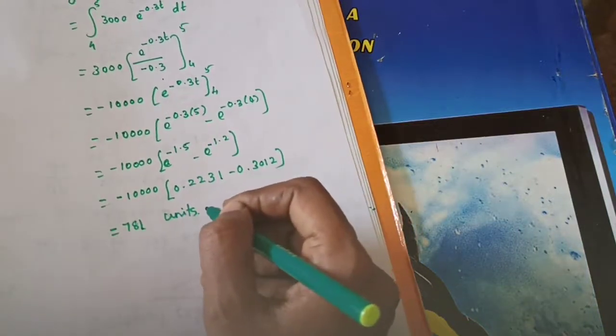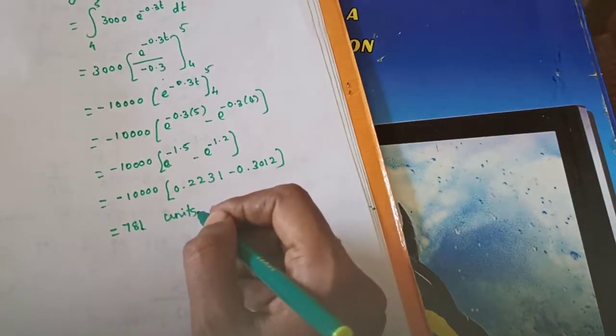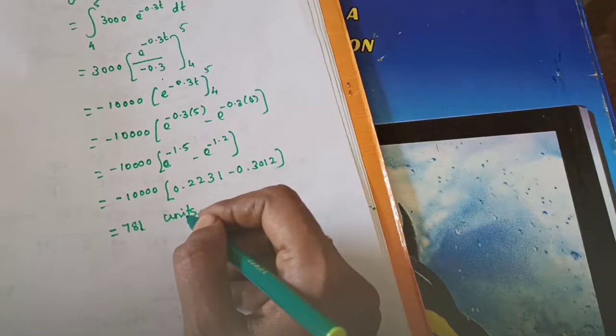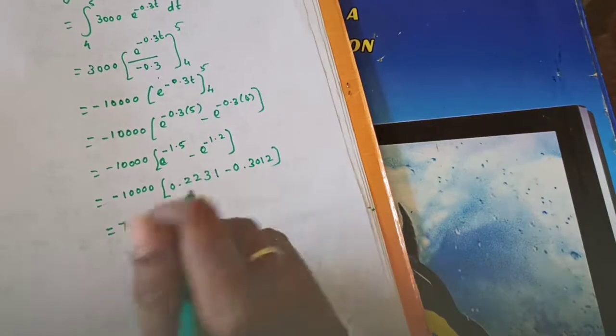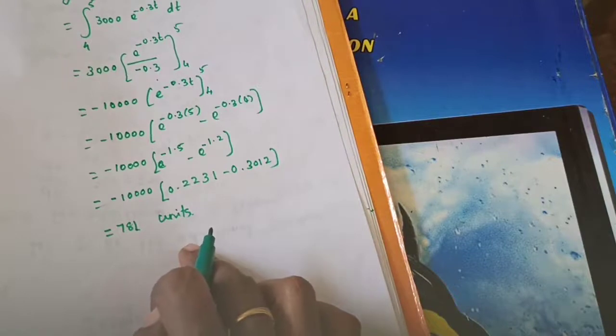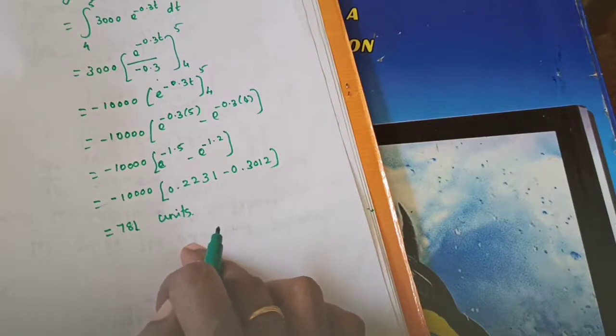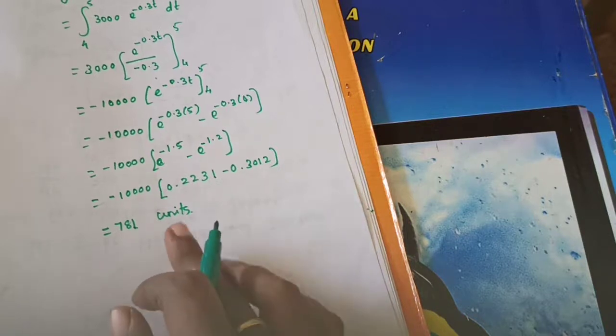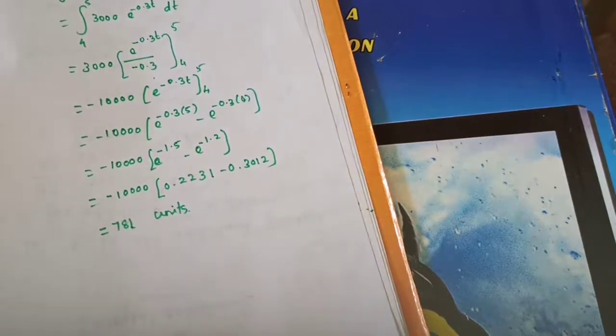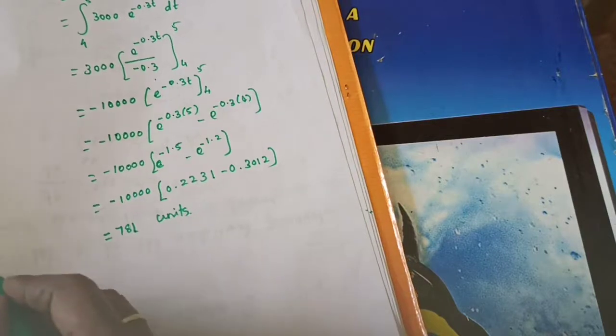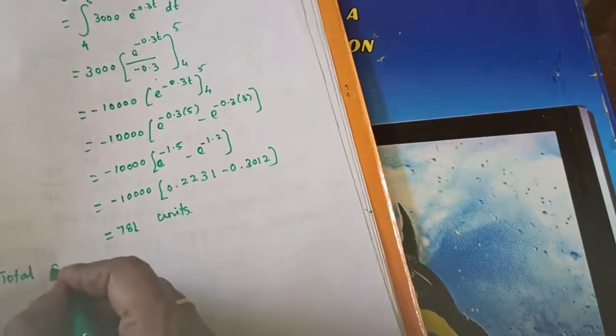Okay. Then they asked for total sale also. Read the question carefully. They asked for the 4th month, then during the 5th month. So during the 5th month we have found out, and one more question is there. Find out the total sale. So total sale, what's the meaning? Total sale means the limit is from 0 to infinity. Understand? The limit we don't know. Okay, so total sale they asked means the limit is from 0 to infinity. So if we need the total sale,